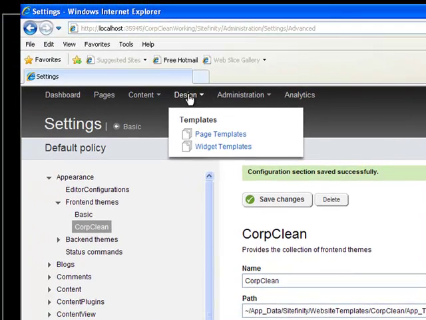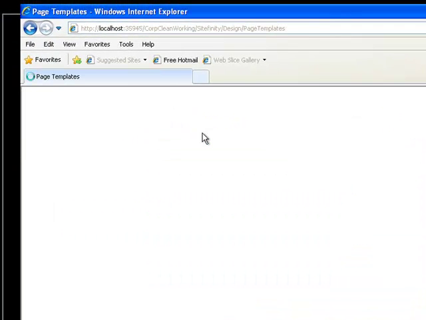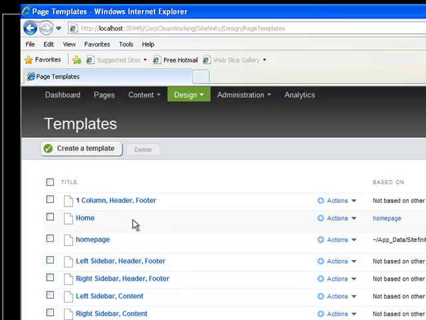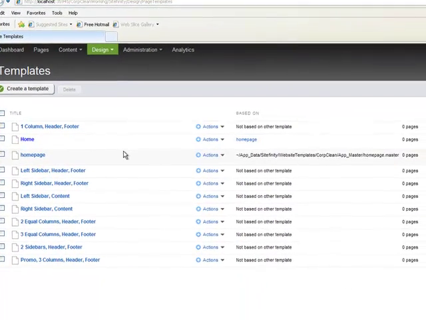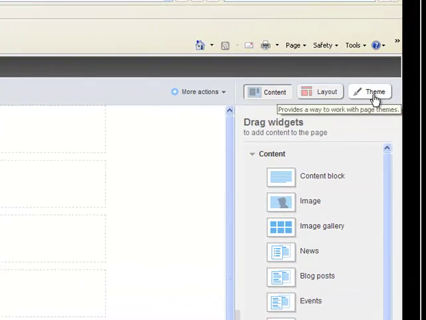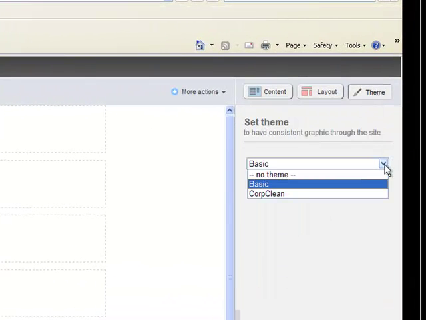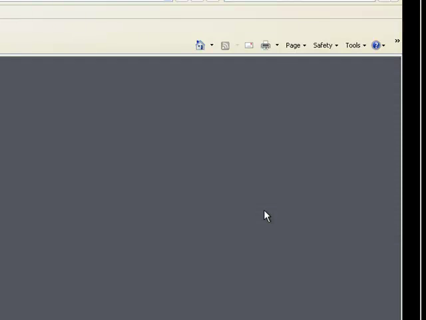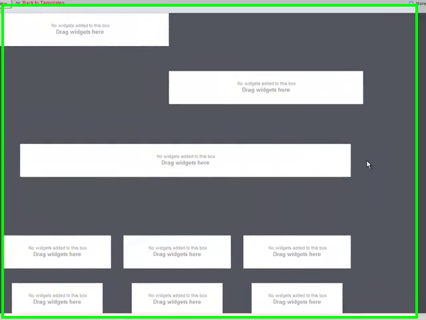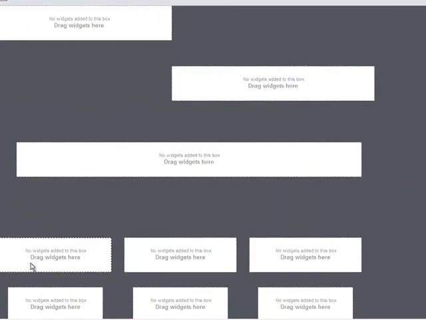Now we want to go back to the design mode, Page Templates, and we're going to bring up that home page that we created earlier. And it'll still have no CSS attached to it. So we're going to go back into Themes. I'm going to click Corp Clean. And you can see that it's applied part of the CSS in that it's laid out all the content areas,